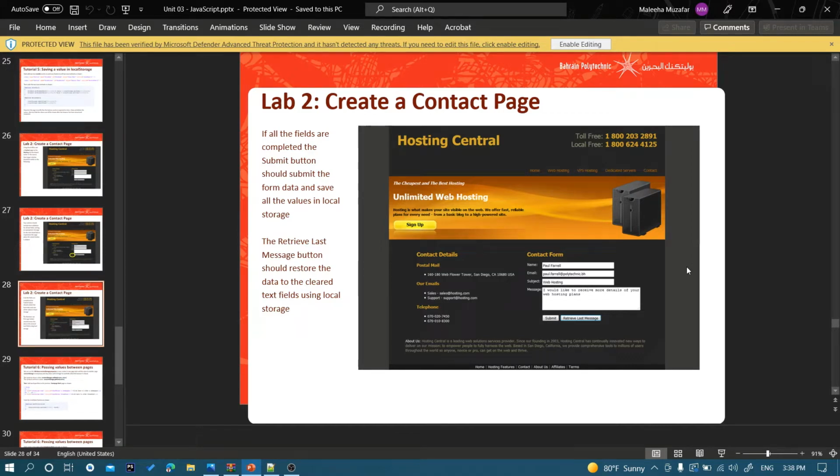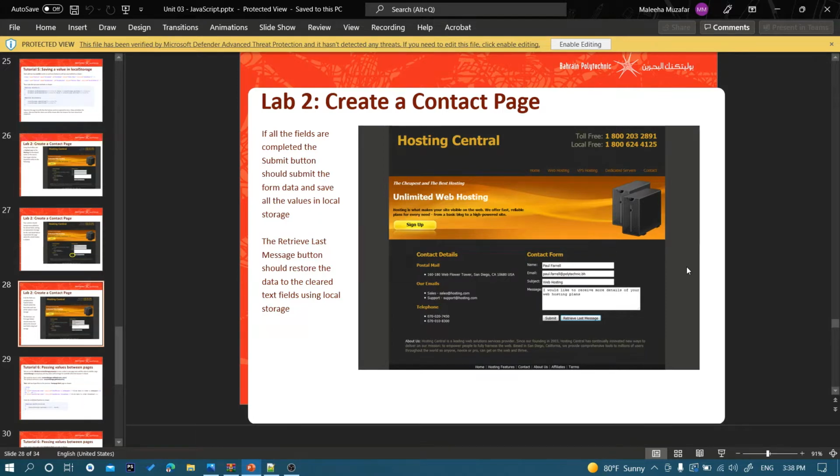So in this video we will go over lab 2 from unit 3, which is about JavaScript. I was planning to do this lab along with lab 1, but eventually lab 1 took a very long time. It was about 1 hour, I think. So I didn't want to extend that video. So in this video, we'll quickly go over lab 2, which is basically an extension of